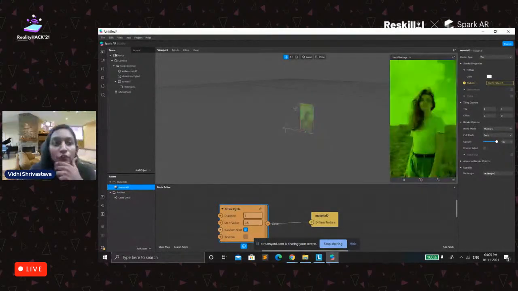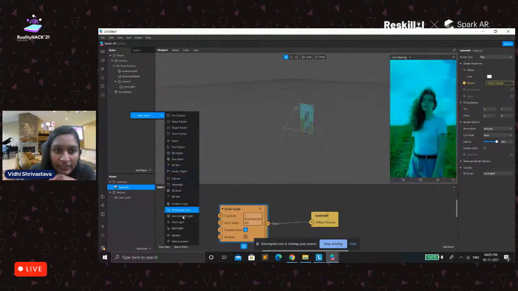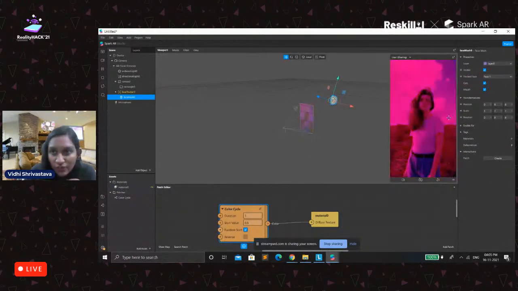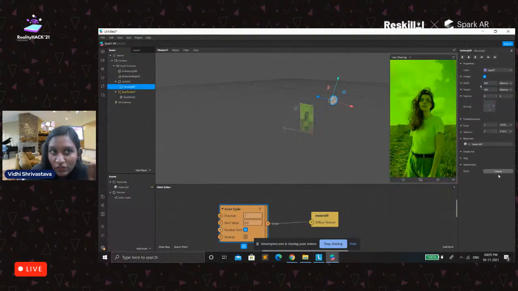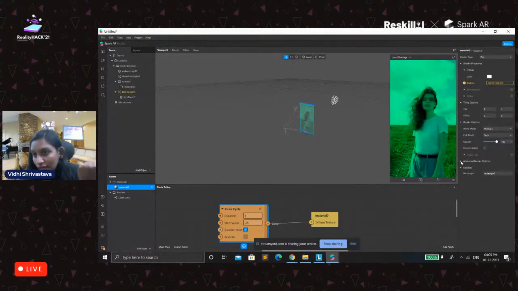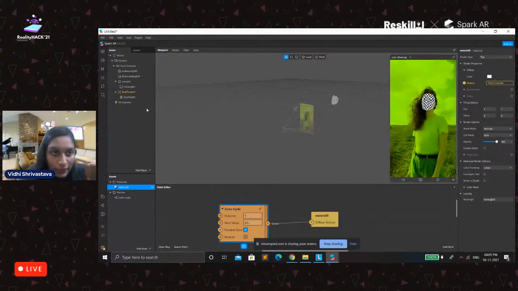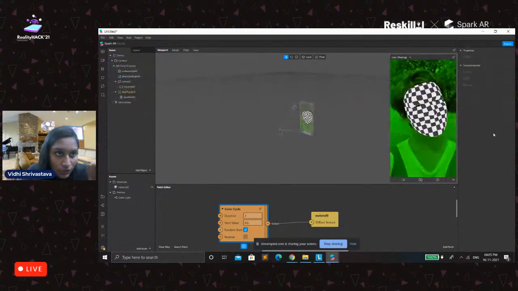And if you want to add something on the face, then what you will do is go to the face tracker and add a face mesh here. Now you see the face mesh is not visible. Why? Because we have not unchecked the advanced render option, so we will uncheck it. Now we will be able to see the face mesh here. Let me change it to this one.